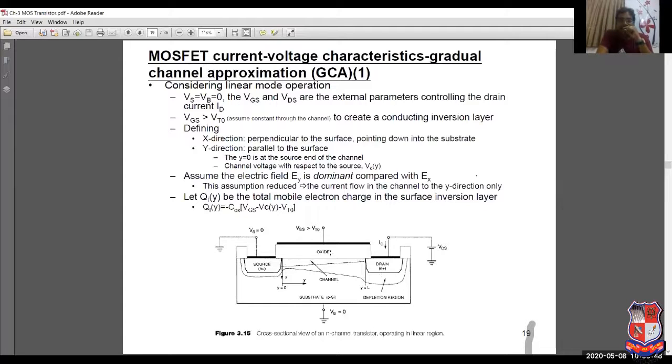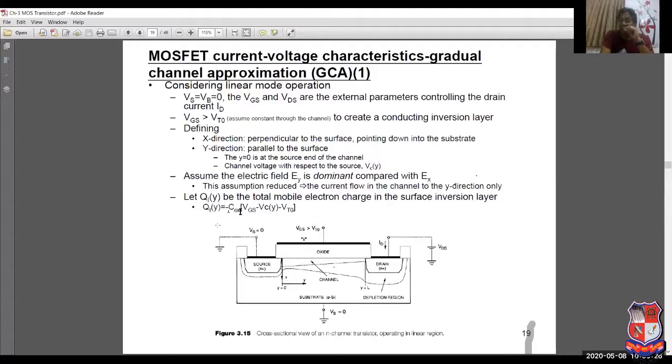Now, as you know, voltage, charge and capacitance are three parameters which are interrelated to each other. So what is the charge in this channel? The charge in this channel at the point y, because the charge in this channel is a function of y. As you go from y equals 0 to y equals L, the electron charge in the inversion region changes. So this charge is a function of y, which equals minus COX, the capacitance, into VGS minus VT0, into the voltage minus the voltage of this channel.